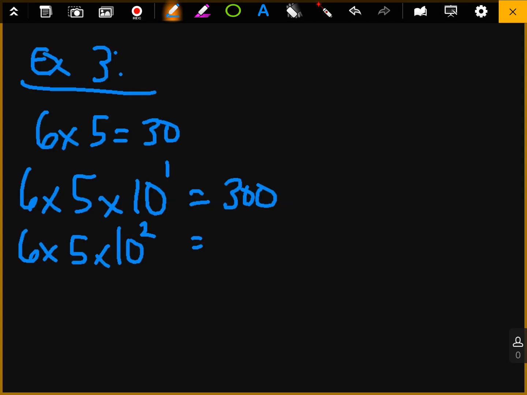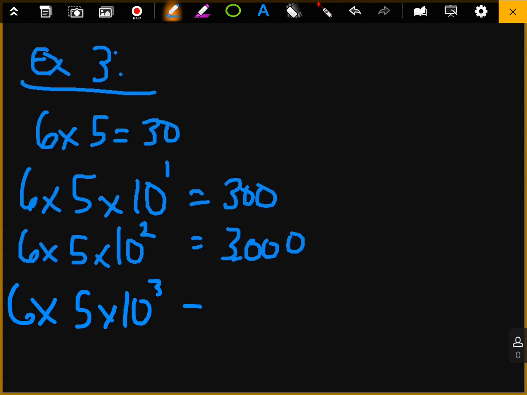And guess. Well, 6 times 5 is 30. 6 times 5 times 10, which is 10 to the first power, is 300. 6 times 5 times 10 to the second power is going to be 3,000. Hopefully, you're seeing a pattern here. Okay, 6 times 5 times 10 to the third power. Take a second, pause, and think, what might that be? Hopefully you guessed right. It is